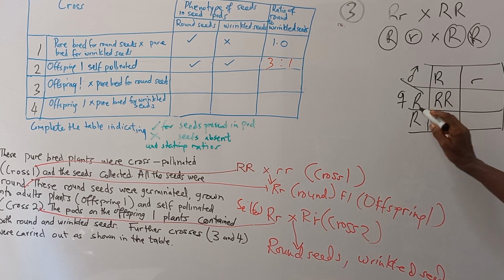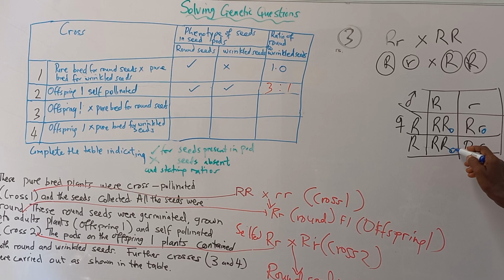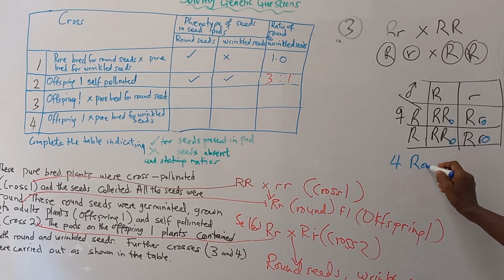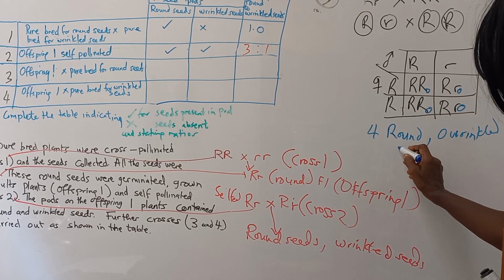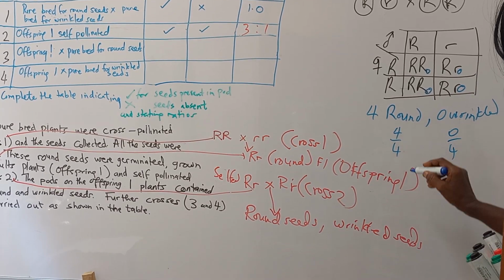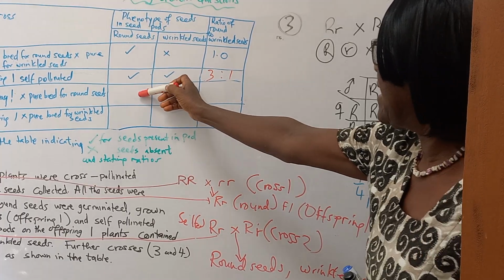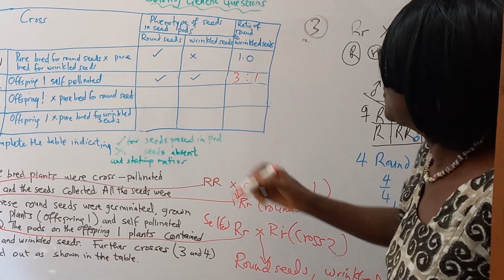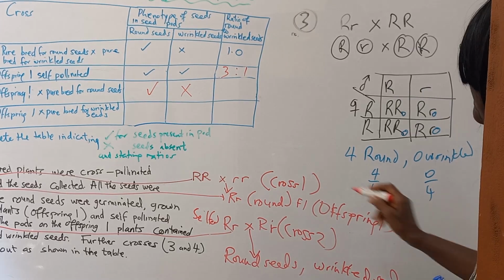We have big R, big R. The phenotypes, all this is round, round, round, round. So we have 4 rounds, and 0 wrinkled. So the ratio will be 4/4 for round, 0/4 for wrinkled. So we have a ratio of 1:0. So we go to fill in our table here. Here we are. We have 4 rounds. So there will be round seeds, there will be no wrinkled seeds. The ratio is